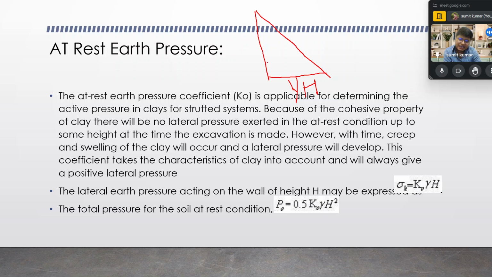And when we talk about the active earth pressure in kilonewton per meter square, this value is K naught gamma H. And when we calculate the resultant, we say the area of this is equal to the total active earth pressure P naught, which is ultimately calculated as 1 by 2 into K naught gamma H, which is the base, and